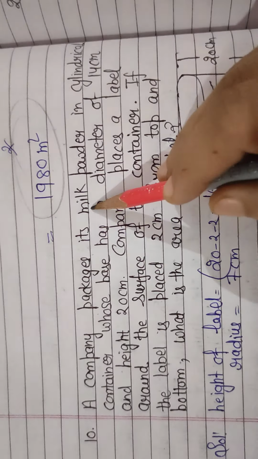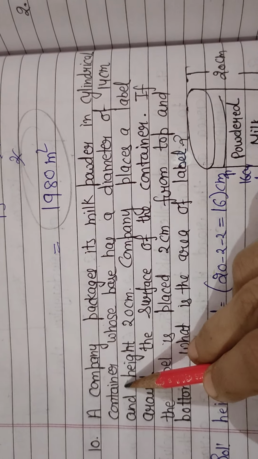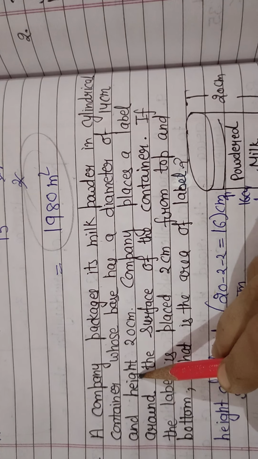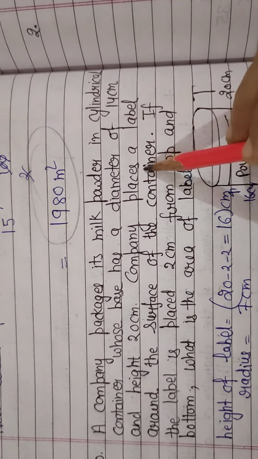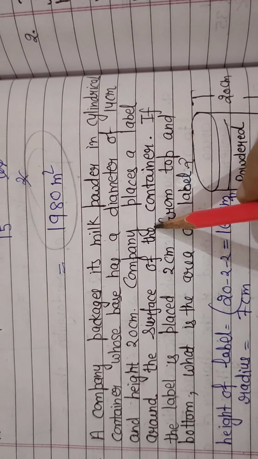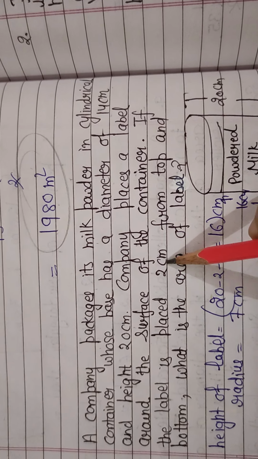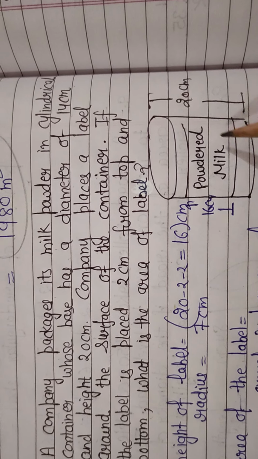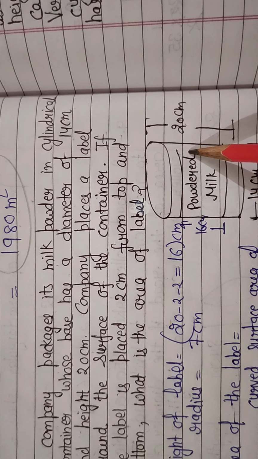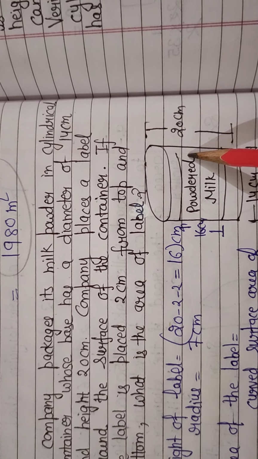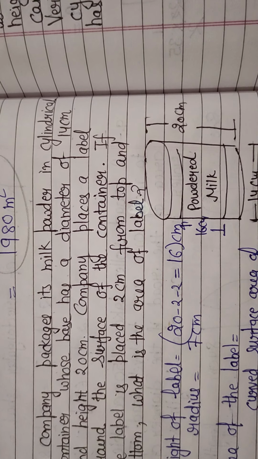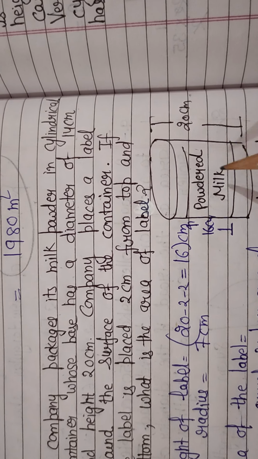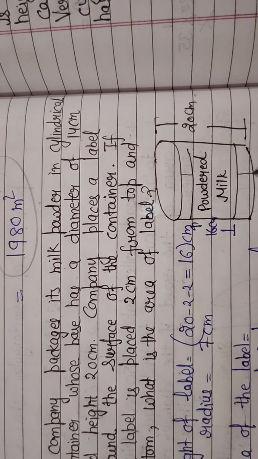A company packages its milk powder in a cylindrical container whose base has a diameter of 14 centimeter and the height is 20 centimeter. A company places a label around the surface of the container. If the label is placed 2 centimeter from the top and the bottom, what is the area of the label? Now this is a cylindrical box, milk powder box, and its diameter is given 14 centimeter, its height is given 20 centimeter, and the label is from the top and from the bottom 2 centimeter